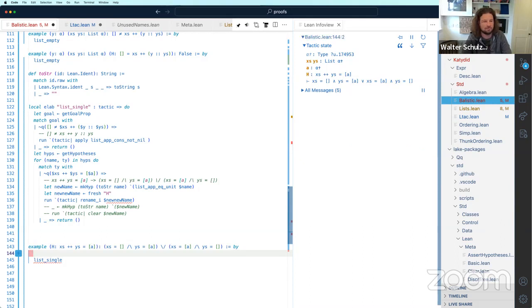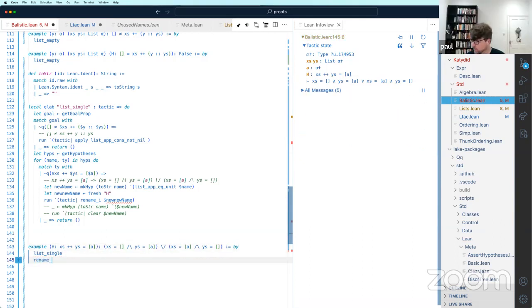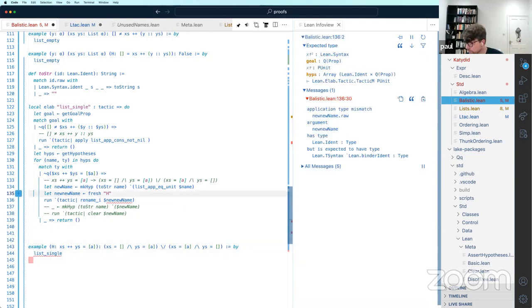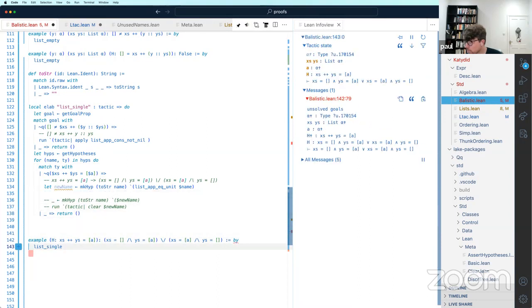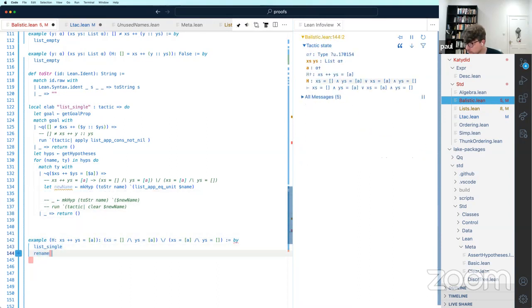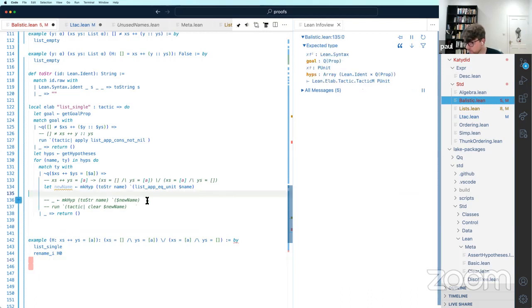No. Yeah, I'm not sure how to construct one of these binder idents. Binder ident matches. Oh, sorry, that is the parser. It matches an ident or a hole, but I don't know how you make one. Okay, but we did give it an ident. Exactly. Yes, I don't know.